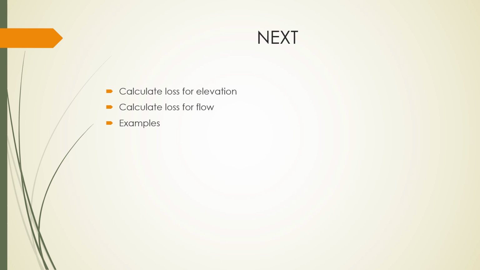So for the next video, what we will do is learn how to calculate losses for elevation and losses for flow. Losses for elevation are very simple. It's just a multiplication factor and we're done. Flow losses will be done either through a handheld calculator that I have, or a pamphlet. I have an NFPA pamphlet, but you can easily obtain something online that will give you friction losses for flow through piping. We'll run a number of examples, and